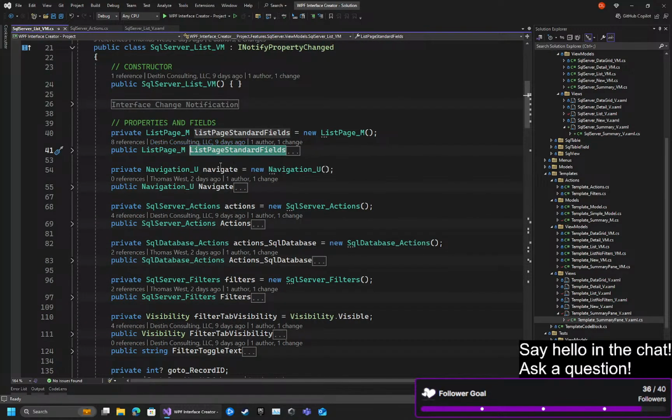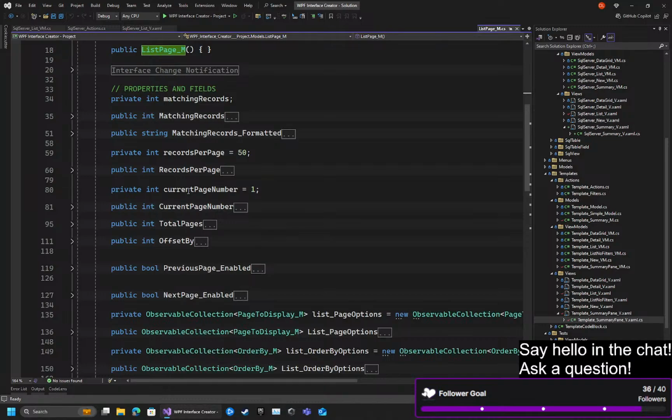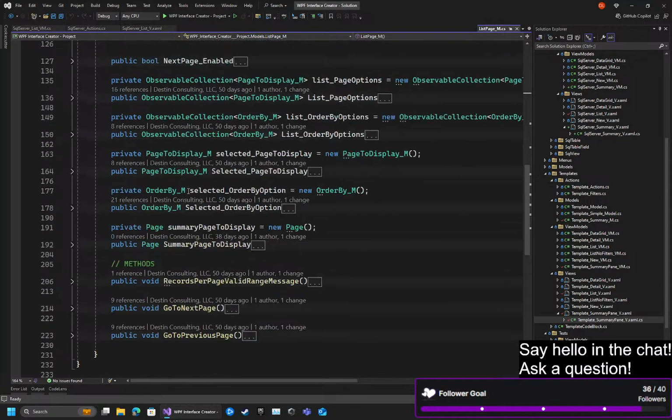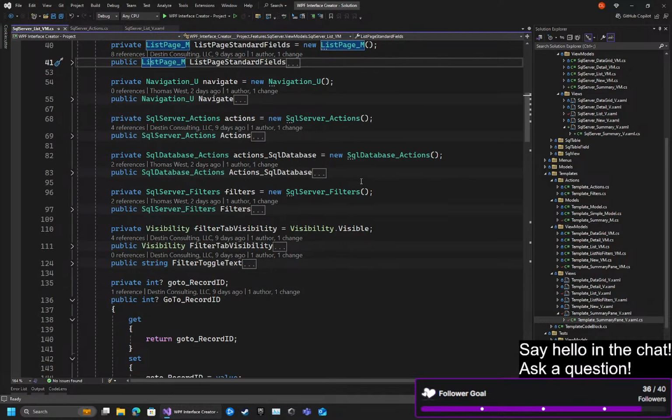I wonder if the summary is a standard. Well, I mean, we could just do a view model inside of this. See, I don't know that I want to nest a view model inside of a view model, if that's even good practice, because it wouldn't go inside of the list page model, because this is the standard stuff that applies to all list pages. It's not necessarily a specific view model. But I could see us,